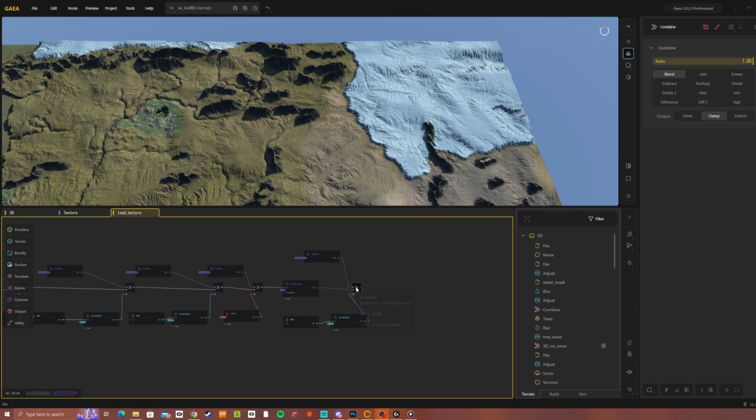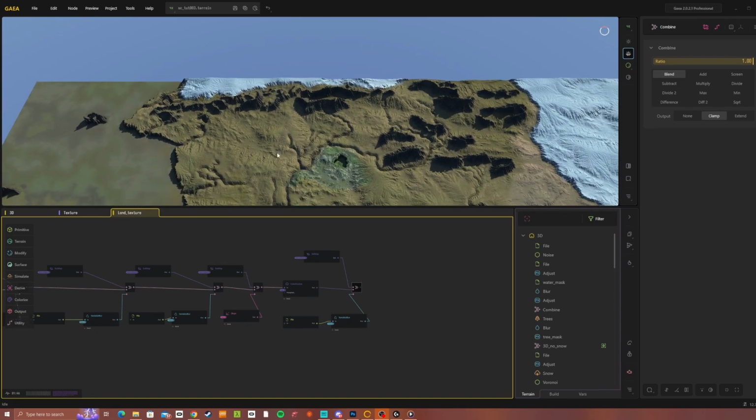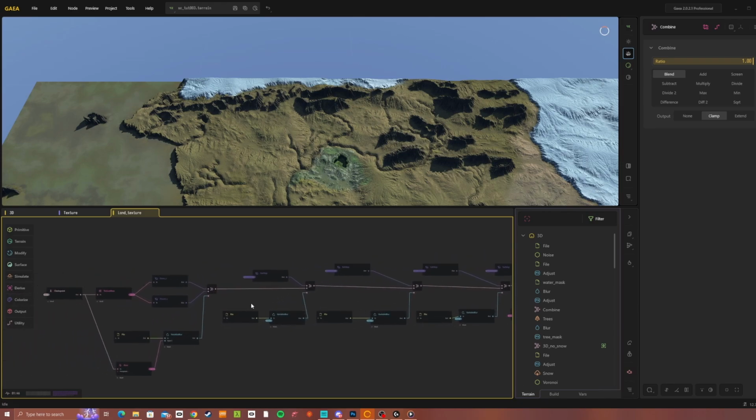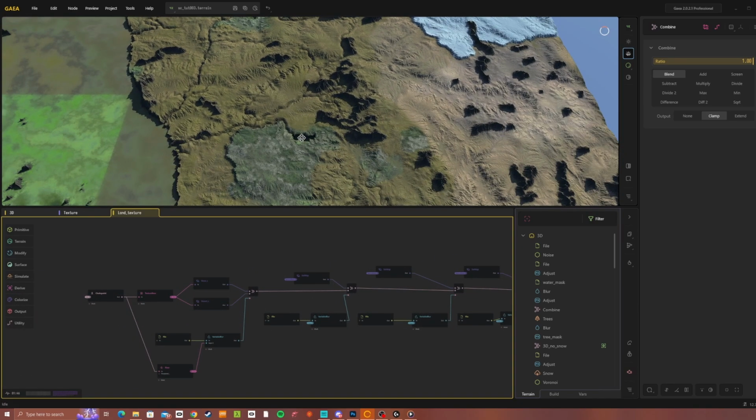I wanted to do this after the color erosion because I didn't really want the ice to be flowing out too much into the desert. But you can see here now, however many biomes you want to add, it's really about just replicating this process and chaining it all together. So the changes I made then,